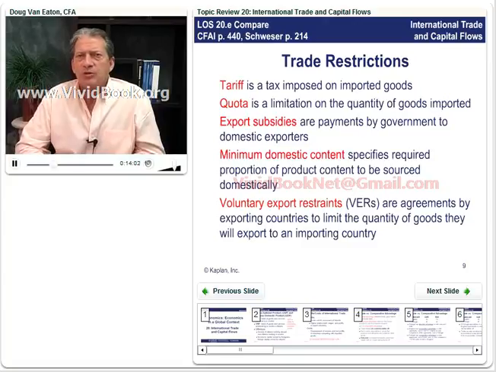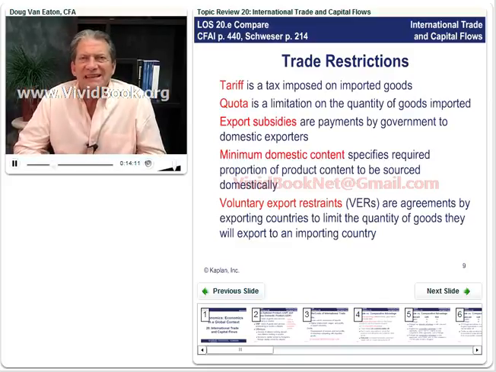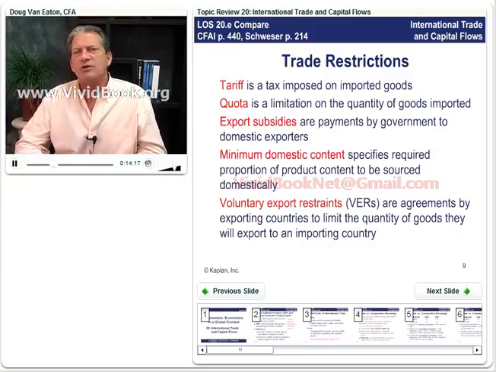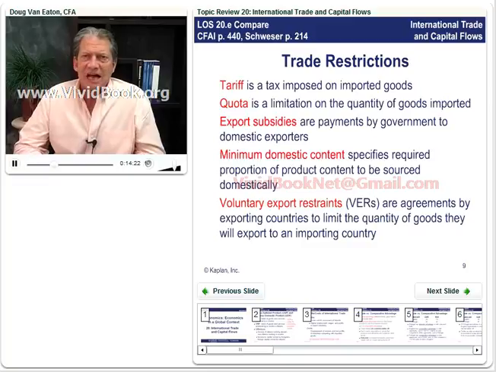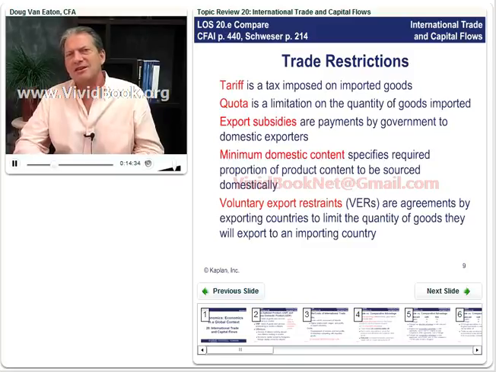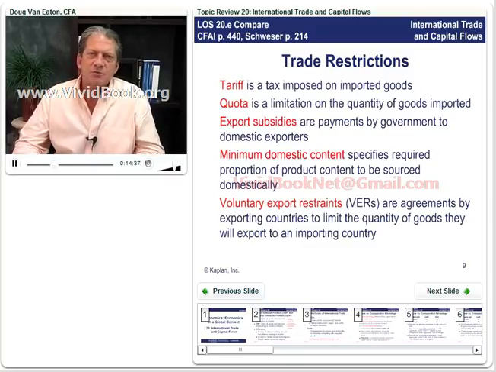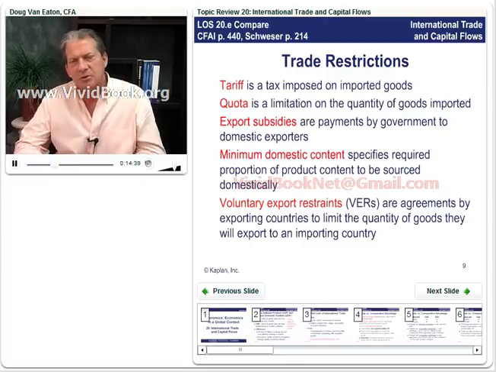An export subsidy is a payment by the government to domestic exporters. So if the government has a policy of wanting to expand exports, they can put these subsidies in place, government payments that say, when you export goods, we're going to pay you some money. Minimum domestic content specifies a required proportion of product content to be sourced domestically. So this is a restriction on trade. It says, you can bring this into the country, but enough of these components have to be domestically manufactured, or it could be the assembly of parts when they get there, but it's just another way